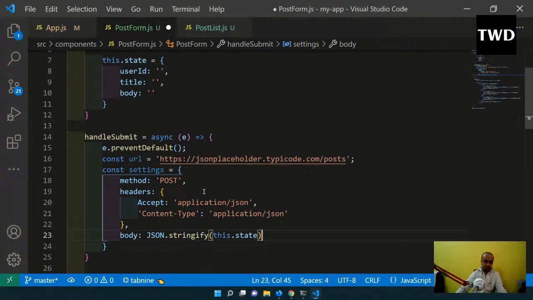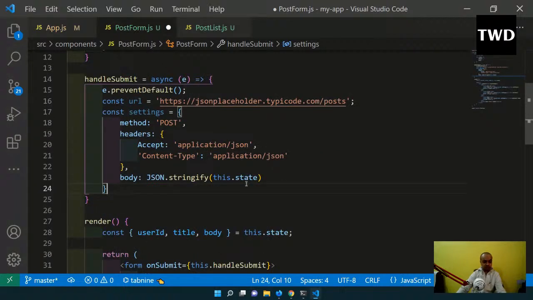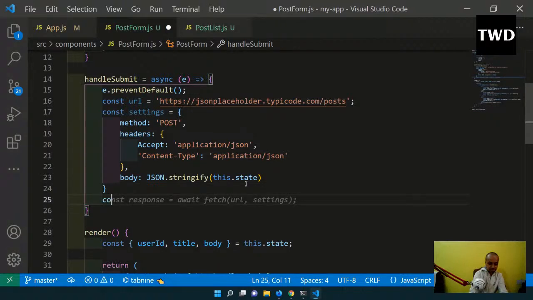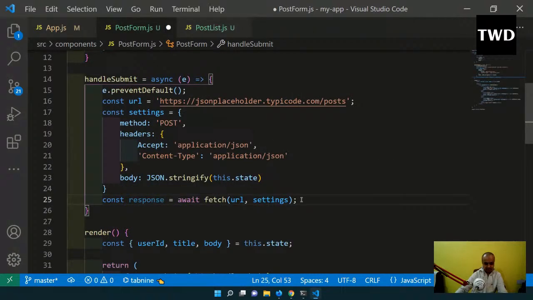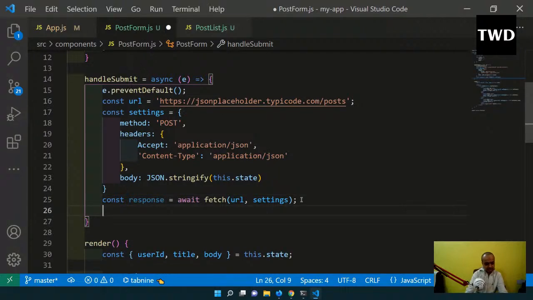JSON.stringify also you have to do before passing. Okay, and now we have to do this. So this is, as I told, a lot of logic, and const response is await fetch URL settings. So here again the same thing we have to do, but in the URL I have to pass a second parameter as settings. Second parameter I'm passing as settings, and then the same song and dance, that data is await like this,